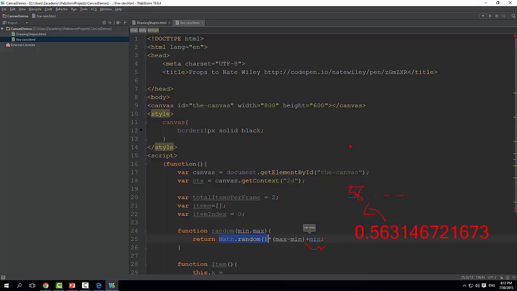So if it's not starting from 0 to 100, but it's starting from 100 to 200, then this interval is still going to be 100. I am still going to get 56 in my end result here. But since I want it to be in the interval between 100 and 200, I am going to add this minimum value. So what this thing does in simple words, it just gives me a random number between min and max,